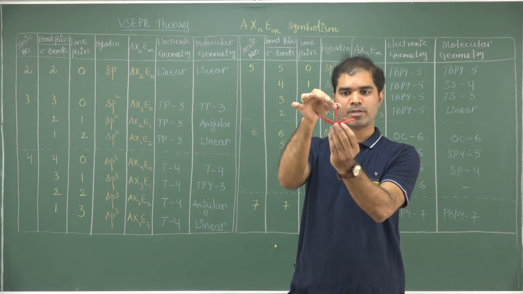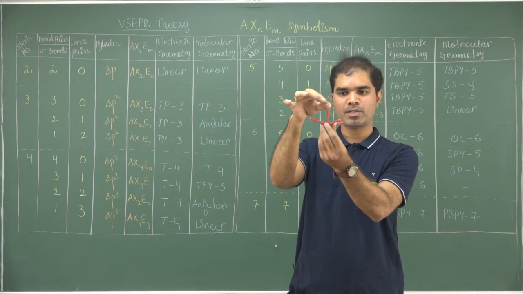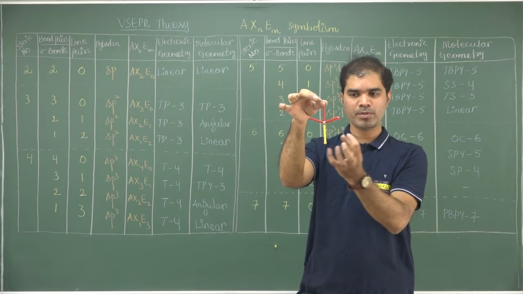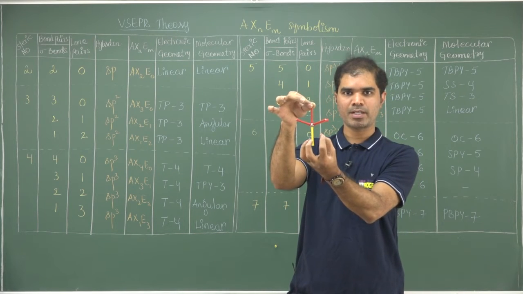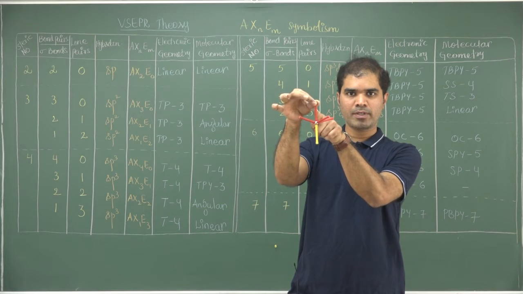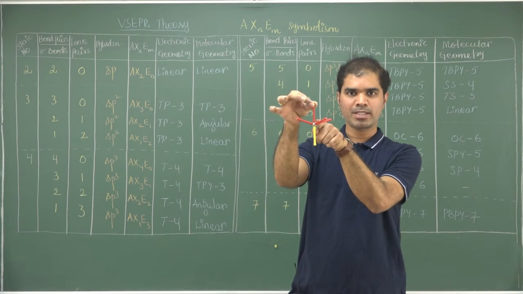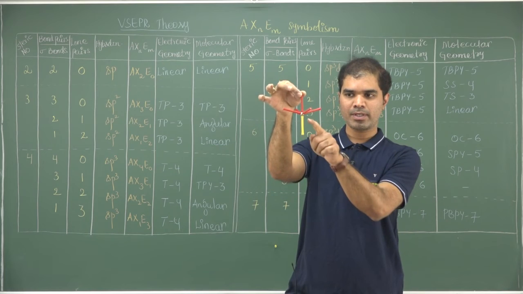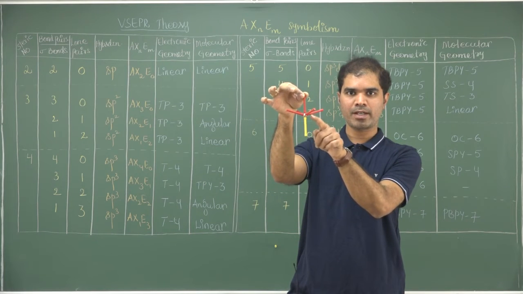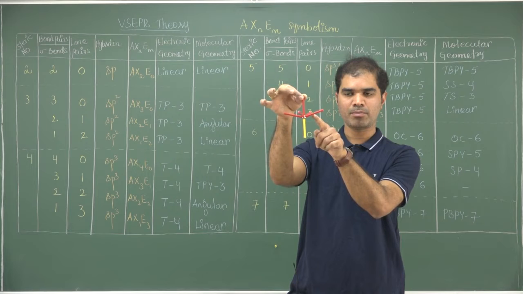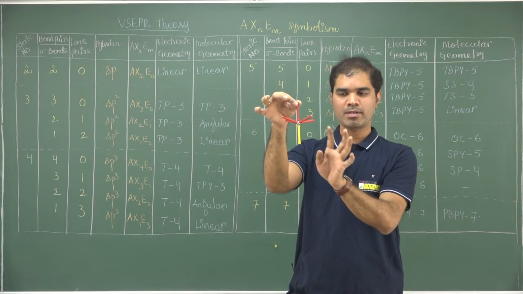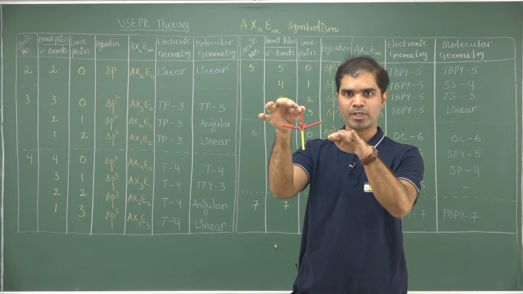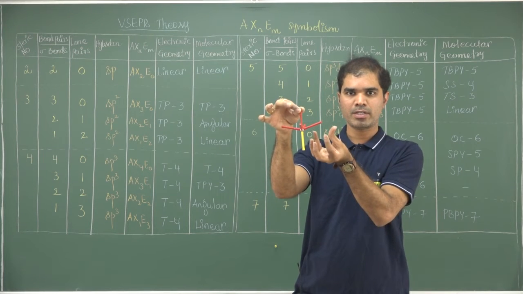So the real geometry will look something like this. It is not a perfect plane. All these 4 bonds will move above because the lone pair is occupying a greater space. The bond angle between the apical ligand and the basal ligand will be no more 90 degrees, it will be less than 90 degrees. And the bond angle between the lone pair and the bond pair will be greater than 90 degrees. So this is the original electronic geometry and the molecular geometry. It will not be a perfect plane, instead they will undergo a distortion.